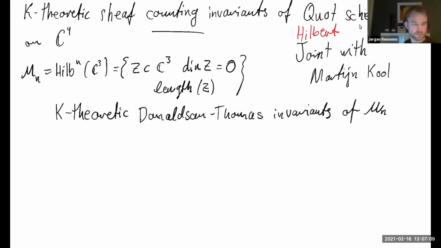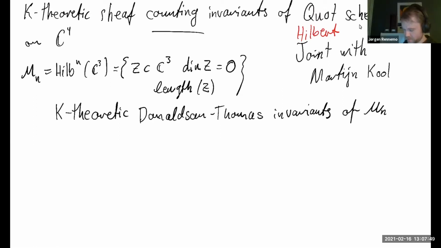But secondly, and maybe more importantly, the formal setup for defining and for analyzing these sheaf counting invariants on C4 is extremely similar, surprisingly to me, to what goes on in 3 dimensions. And since the 3-dimensional setup is somewhat more straightforward, I think it's useful to give that simpler story first. So we want to study these Mn, these Hilbert schemes of n points, and